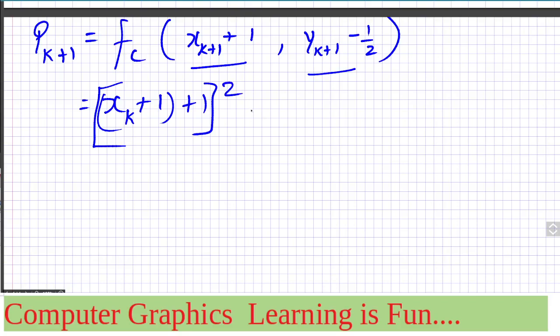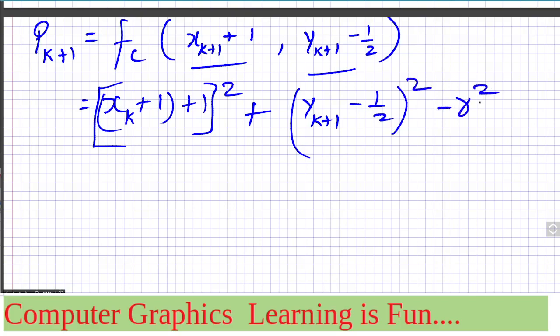So a square of this, then plus a square of this thing, yk plus 1 minus half. I am not replacing yk plus 1 with any other thing because it is a variable. Sometimes it is yk and sometimes it is yk minus 1, right? So yk plus 1 minus half square minus r square. This is something you got for pk plus 1. Now, if you will try to derive it further, what you will get is